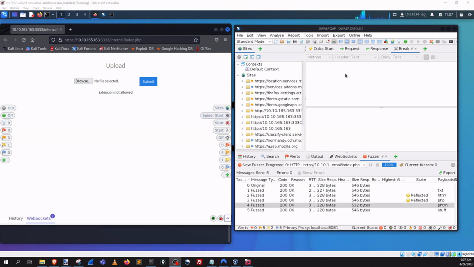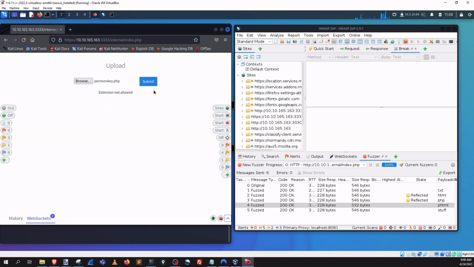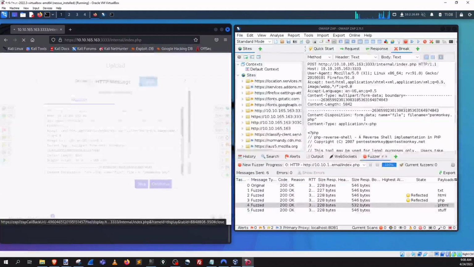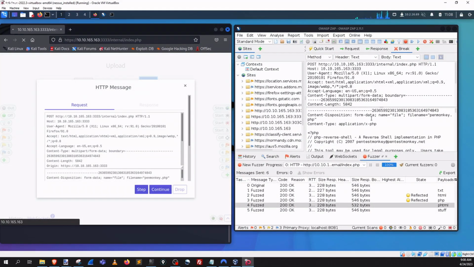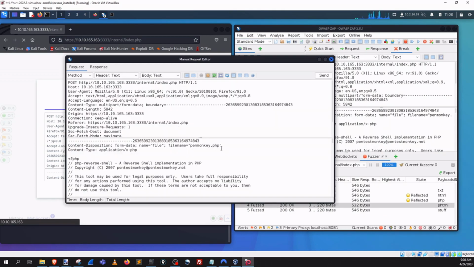So it's very similar to the last step. Here I'm going to pause on the proxy. We're going to browse to the file that I want. And we're going to hit submit. And over here on the right, we're going to see the request to the server, my post. I'm going to right click, open the request editor. And what we're going to do here is we're actually going to add some data,